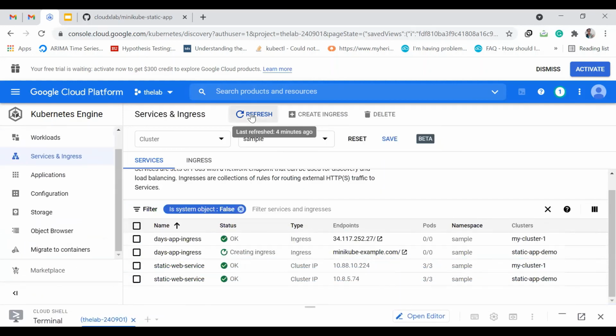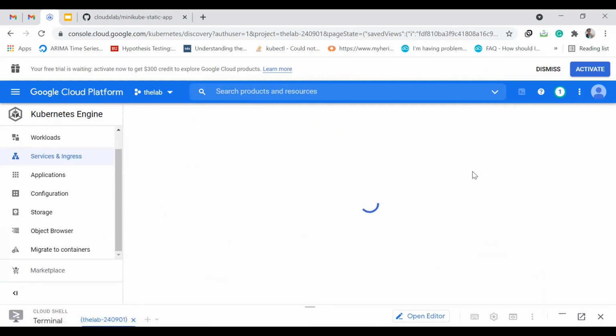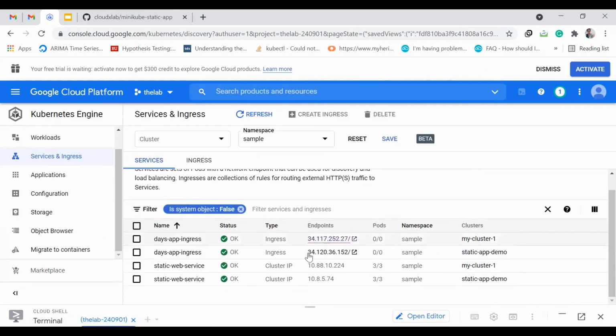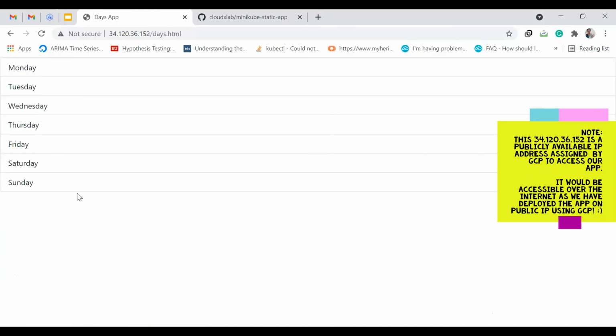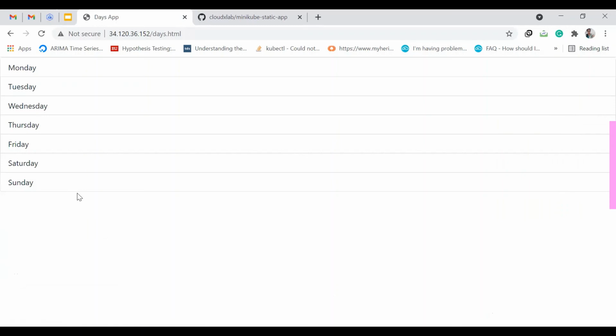Now we shall refresh this. It says okay. So click on this and all right. So yes, we have successfully deployed the static web app onto the GCP. Now, congrats.